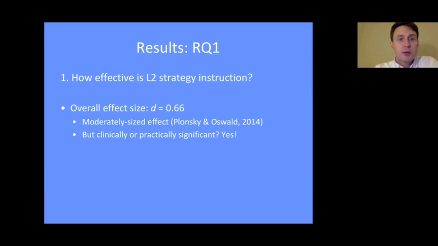So, results for research question 1: overall, looking across the studies, how effective is strategy instruction? Overall, an effect size of 0.66. I know that's probably not a familiar statistic to anybody, but that's pretty good. That's what we might call a medium-sized effect compared to all other studies of L2 research. That's about as effective as any